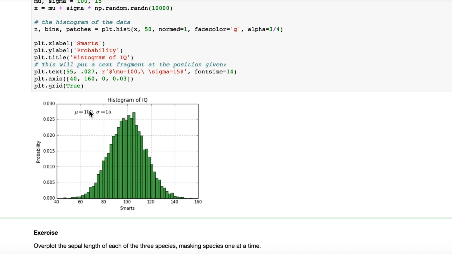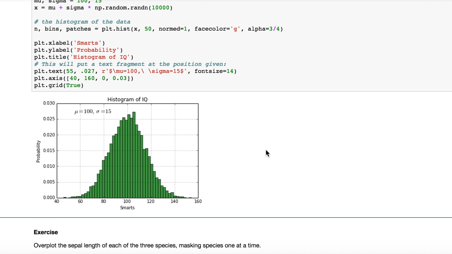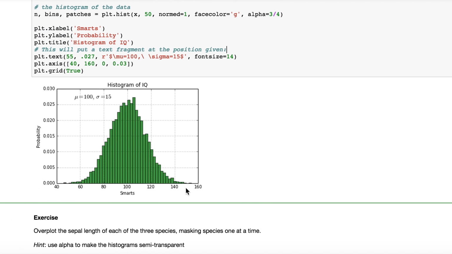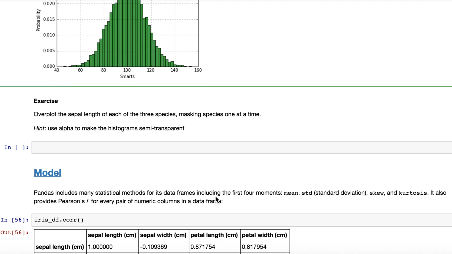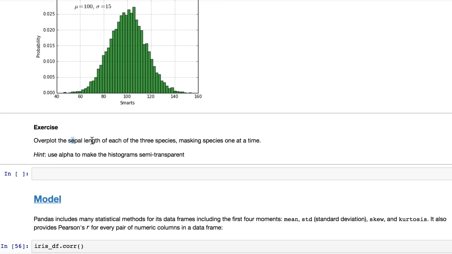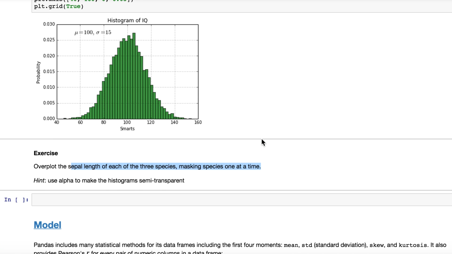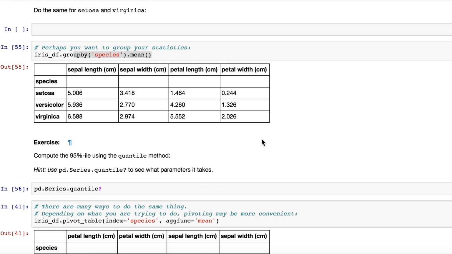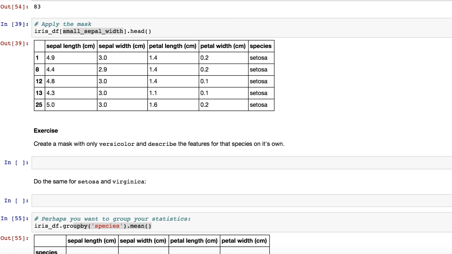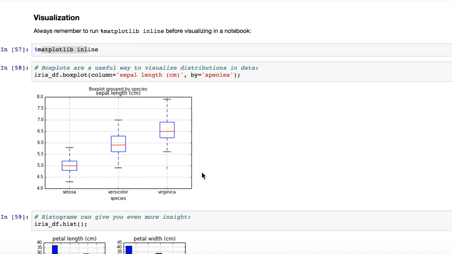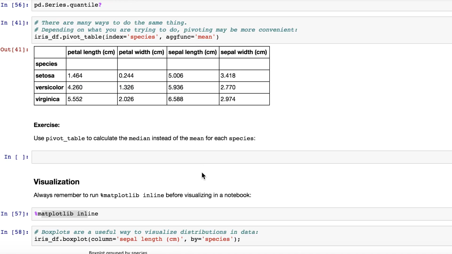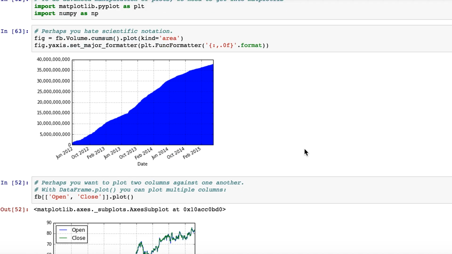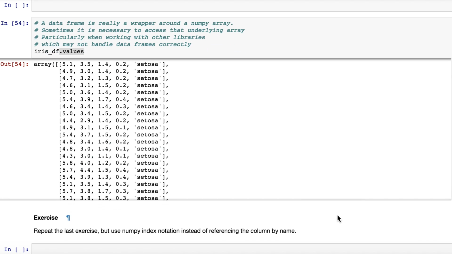Anything else about this? Yes, we want a grid, etc. Very nice. Okay. Now, the next exercise that I want you to do is to overplot the sepal length of each of the three species, masking one species at a time. Remember at the beginning, I wanted you to make some masks for each species. Now you're going to use those masks, and the masks will help you plot the different